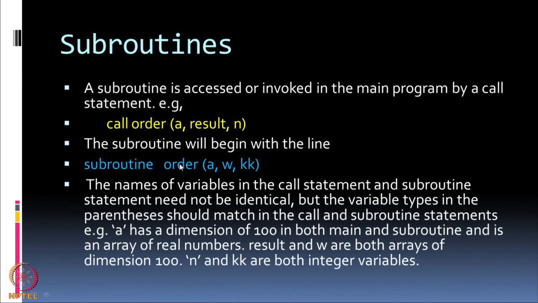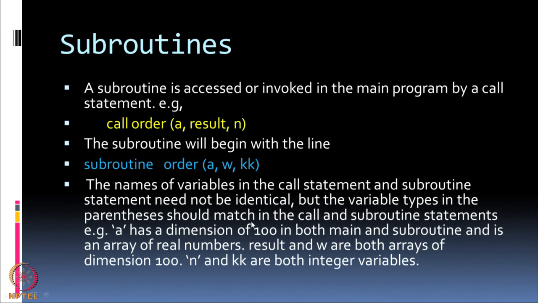So, in the function and subroutine, there will be again several variables. The names of the variables in the call statement and subroutine, names and variables in the program can be very, very different. Okay? But whatever is passed on to the subroutine, now look at this statement, call order A result n. So, the subroutine should understand what is A, what is result, what is n. These three are the thing which are linking the subroutine to the main program. So, these should be having the same meaning, but everything else could be different.